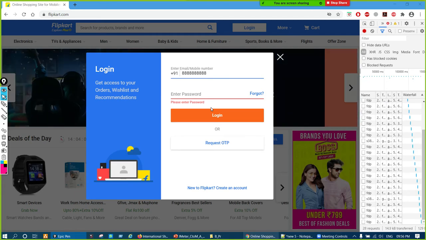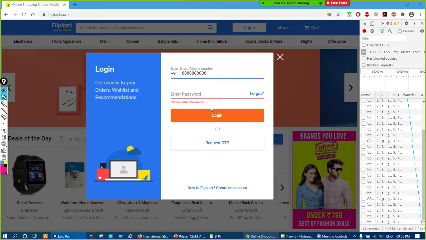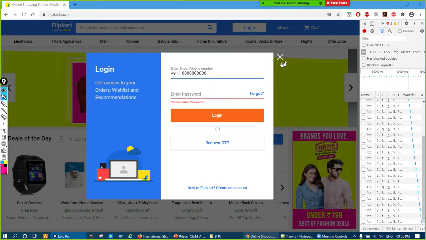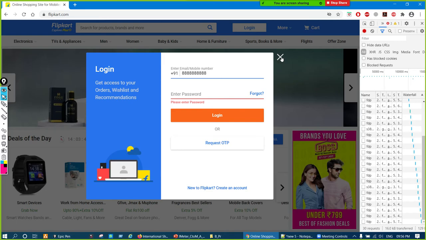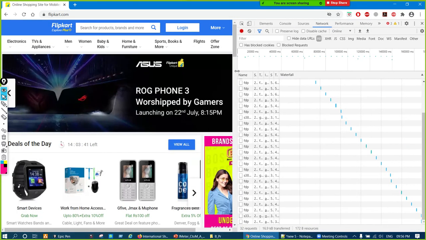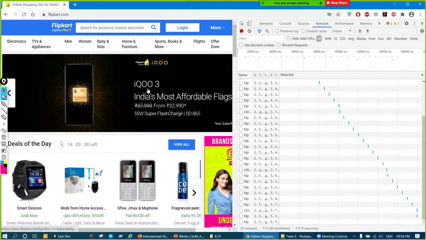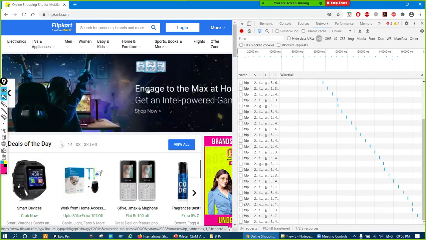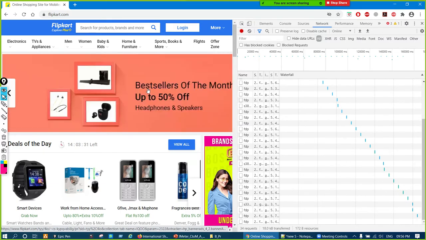This pop-up is also JavaScript, but that I'll not go into for now, because many people are new. They do not know what client-side rendering is, what is happening. Since you are aware, you know that. But nowadays, because of Angular applications, applications are designed in such a way that most of the processing is happening on the client side, right? So this pop-up is a kind of JavaScript thing only.